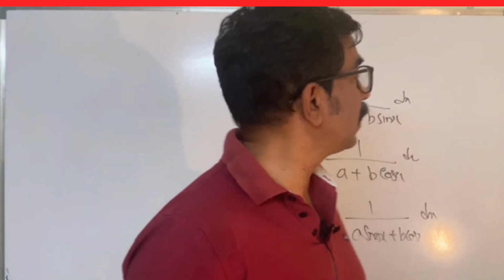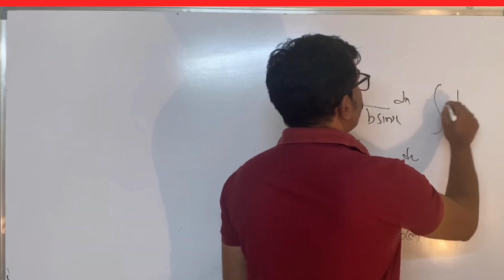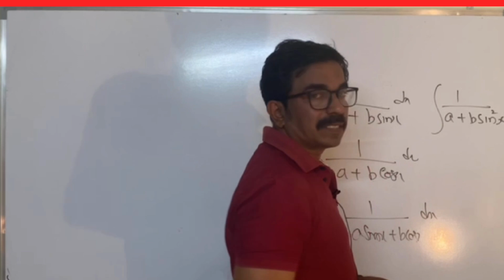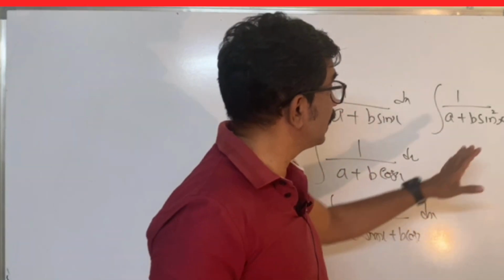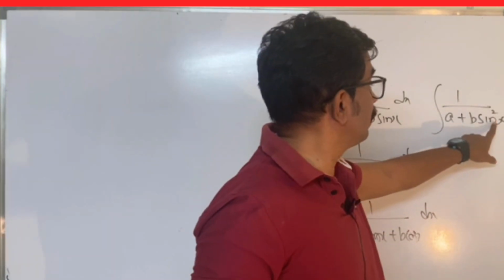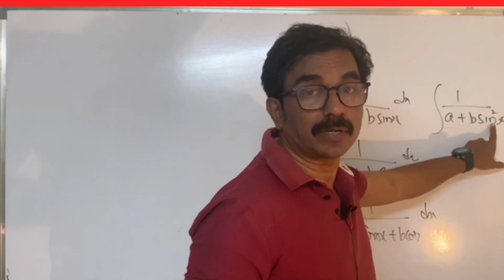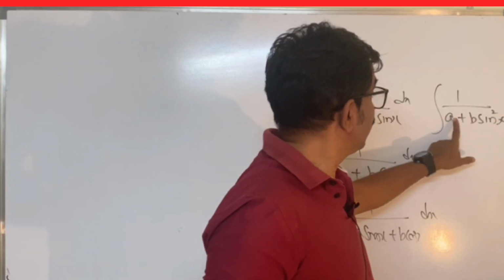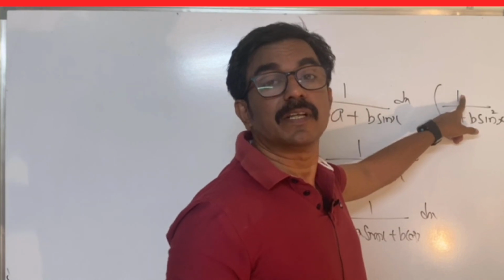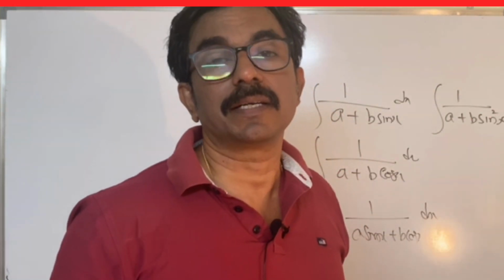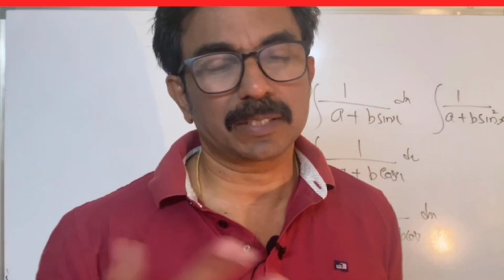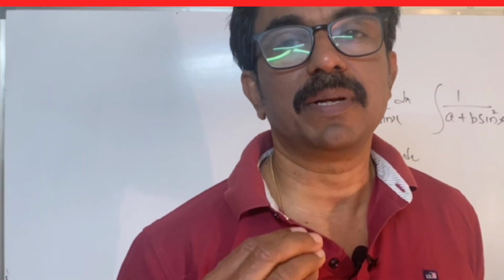Another thing is, if integral 1 by a plus b sin square x comes, or cos square comes, then you multiply numerator and denominator by sec square, so that this will become tan square. If you multiply, sec square is 1 by cos square. Here sec square can be written as 1 plus tan square x. That sec square which is in the numerator will act as the derivative when you put tan x equal to t. We keep telling, we have many questions like that to explore, but a minimum learning can be done.